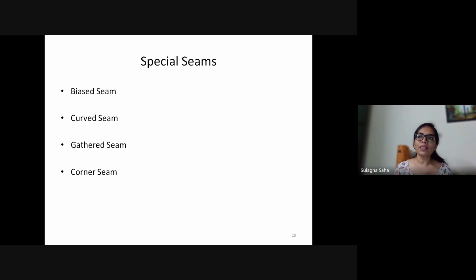For example, when we are stitching the sleeve with the armhole, the sleeve is more curved, the armhole is less curved. If you want to stitch that, you should keep the straight fabric at the bottom, the curved fabric on the top, and you should turn the seam as the curved fabric moves. It will give you better control. As and when you are curving it, you might need to slash a bit, so make sure you do that.